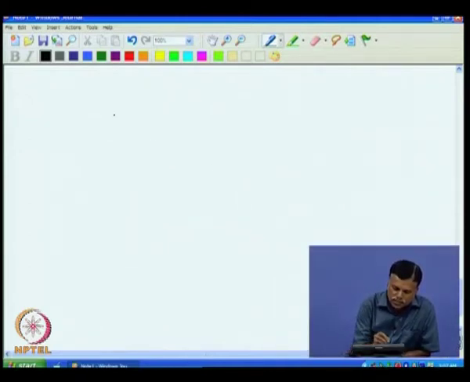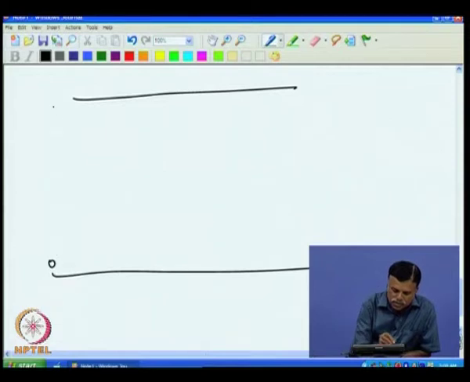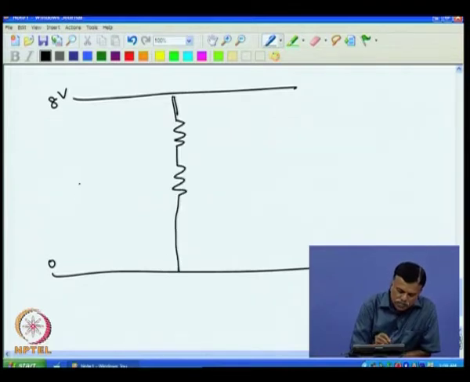For example, I have this regulated voltage which was coming from the regulator, say that is 0, this is 8 volt. What I do is I have to connect the potentiometer now. So, I have this, I have this. If you want, you can retain this circuit also on this side,